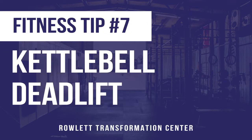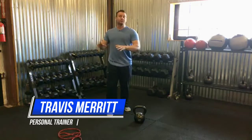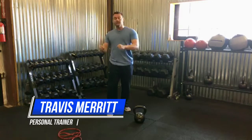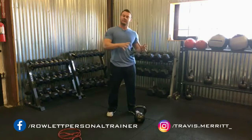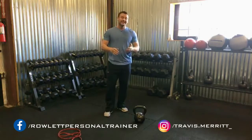Fitness mastery tip number 7, the kettlebell deadlift. Now, this is a fantastic way for beginners to learn a deadlift. Also, for people that are pretty advanced with deadlift, this is still a great way to take the physique up to another level. Right off the bat, deadlift sounds scary, but all a deadlift means is just picking